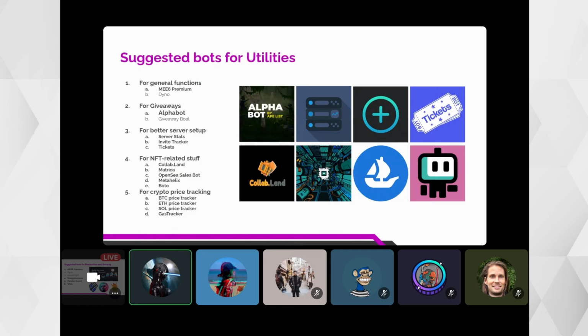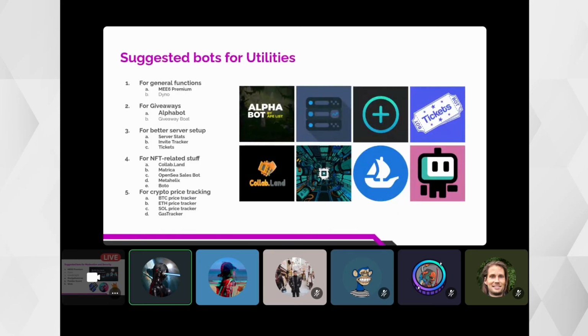For utilities, okay. For general functions, the two options that I have are Mi6 Premium and Dino. But Mi6 Premium is better for me. The general functions that I'm referring to are the embed functions, leveling functions, etc. So for giveaways, for example, you are an NFT community, you partnered or collaborated with another community or another project or a group, we can give away whitelist spots in our community through this bot.